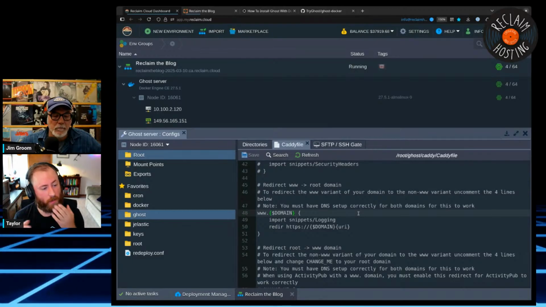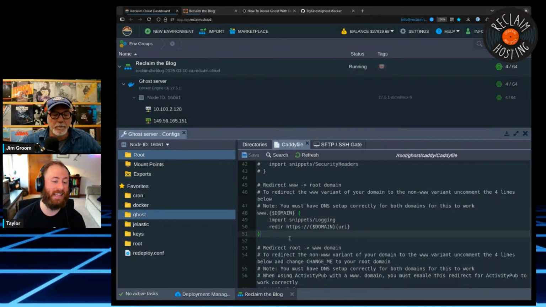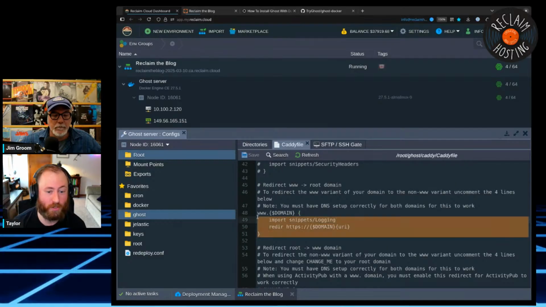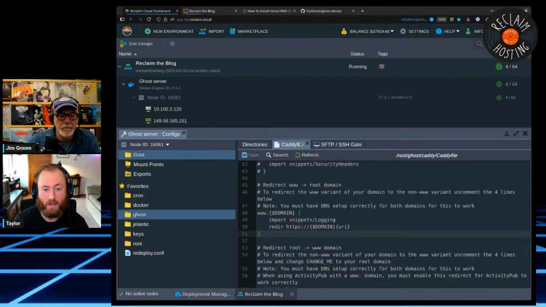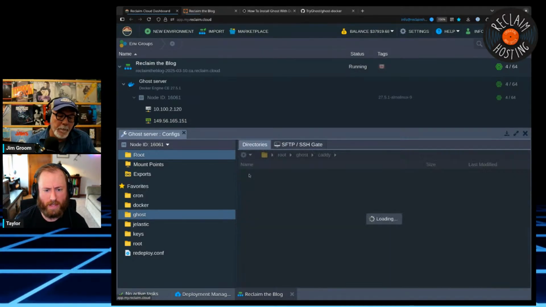This is one of those things where, when the Ghost installer that we provide does this stuff, we will probably just instruct people to point DNS records, and I will probably default to www. But then say, if you don't want to do www, just go in here and comment these four out. Or maybe we default, and it'll be something we'll have to document: here's how you redirect www to the main domain if you want to. Right now, my Ghost installer doesn't even support that. That's something you have to manually do. So that's kind of nice that that's in here. So I've done that.